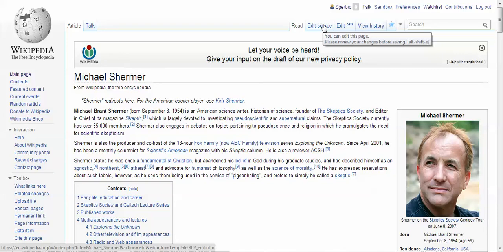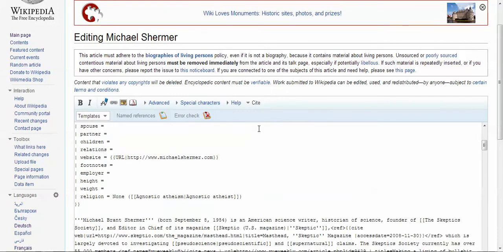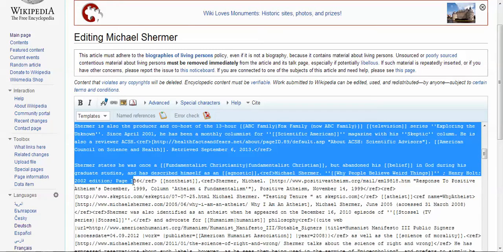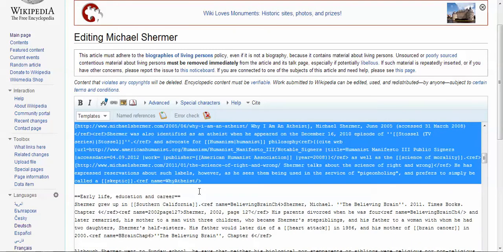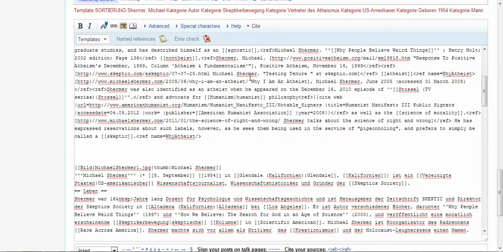And I'm going to go to Edit Source, and I'm going to copy the lead. That's the first paragraphs or so of the English page. I'm going to copy that. And then I'm going to go over here to the German page and I'm going to paste it right here,